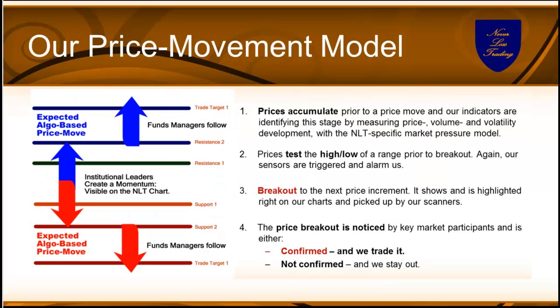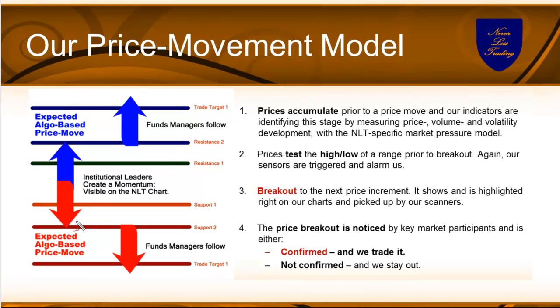Our price move model, the underlying model for all our algorithms, defines that institutional early supply or demand changes produce a price change that we can see as a result. On that, our algorithm is telling us something is going on. When a direction is confirmed by other market participants jumping on the new direction, then we trade, and we trade